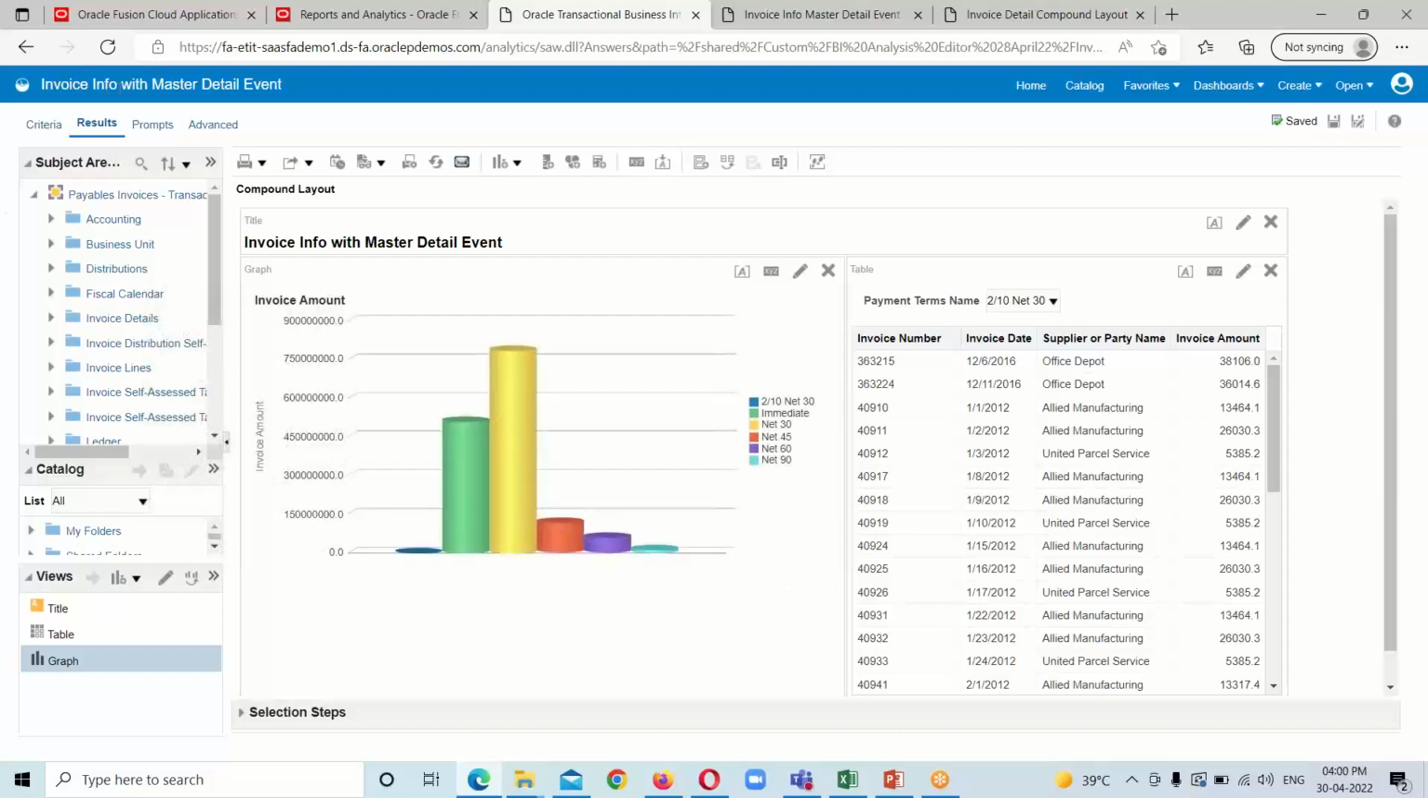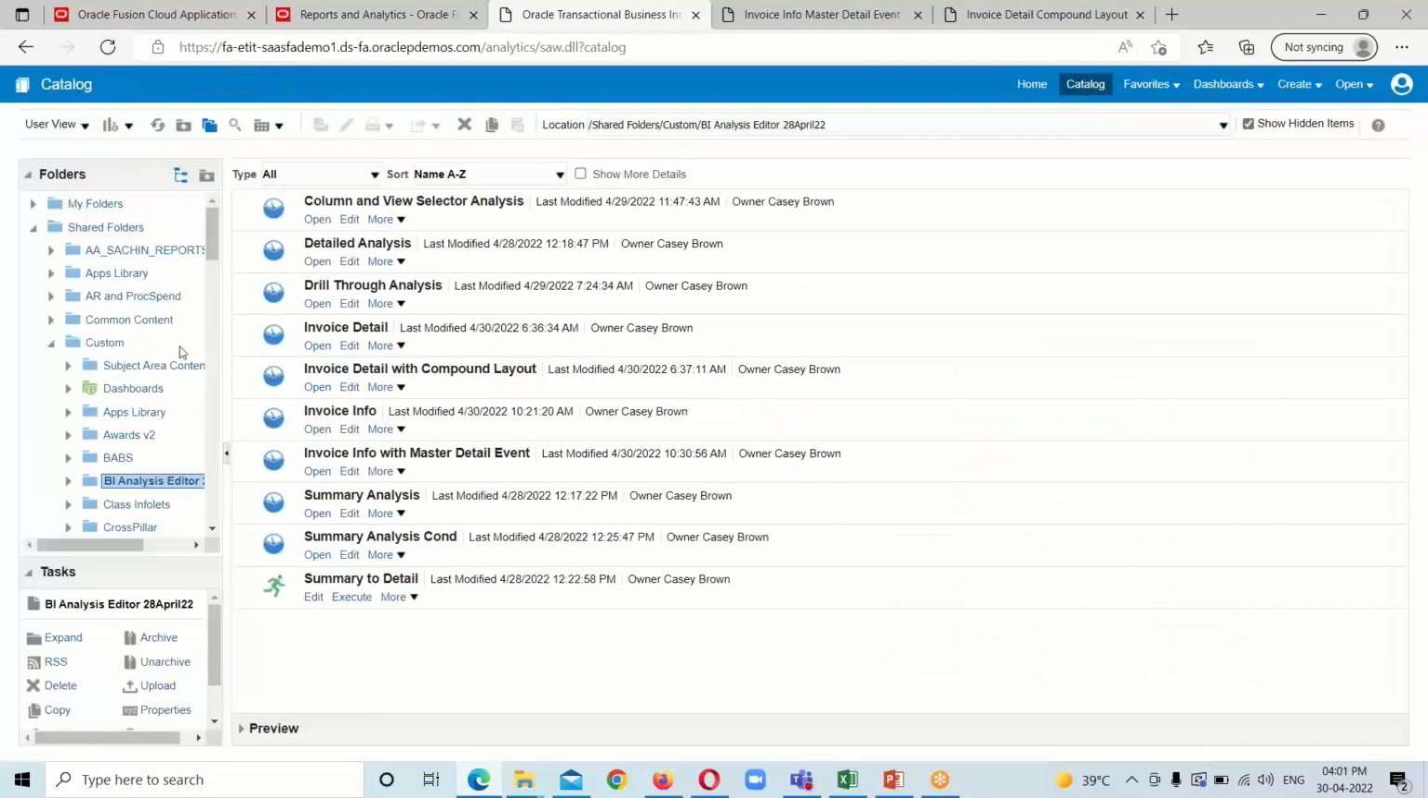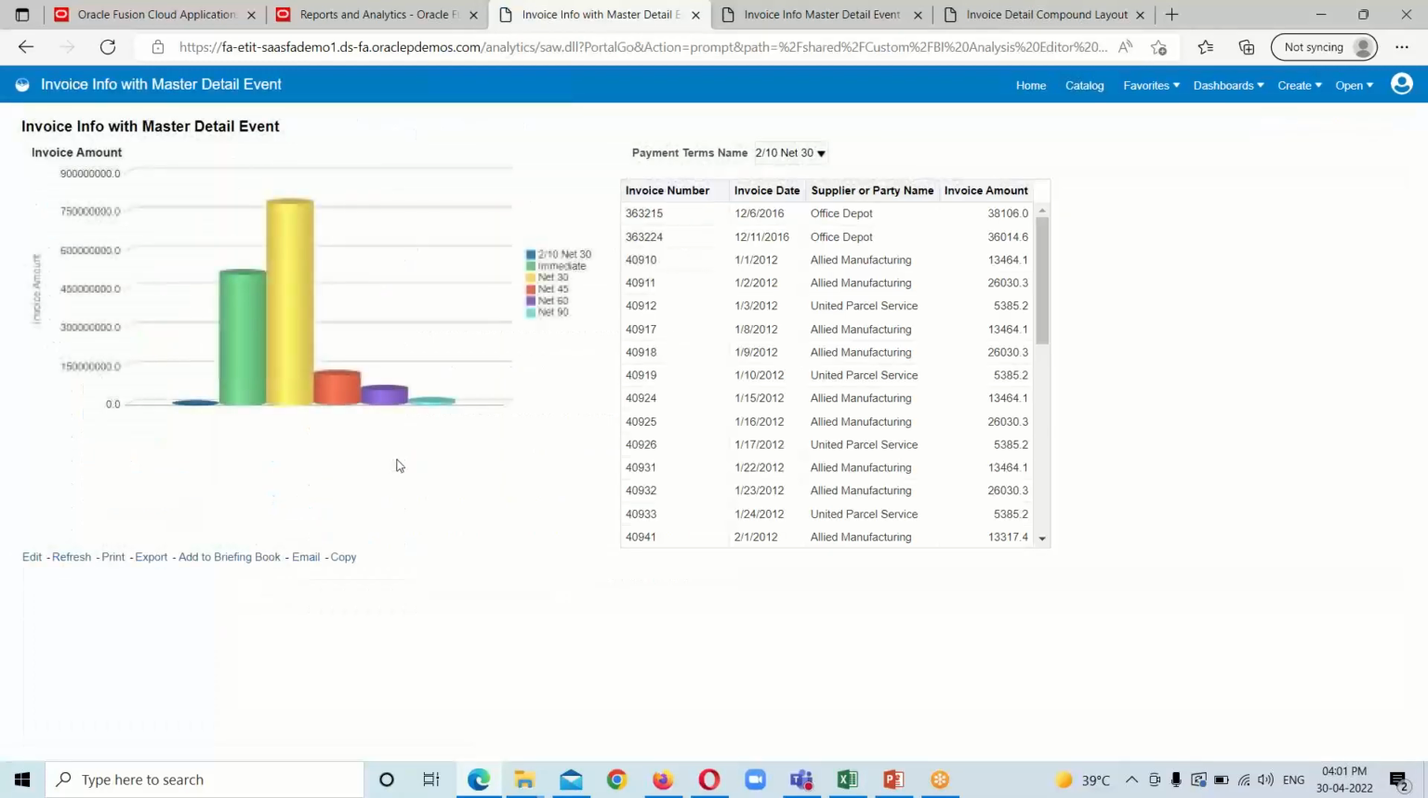Now the analysis has been saved with this name, invoice info with master detail event. One more time click on the save option, and then I have to go back to the catalog option and search for the analysis which I just have created. So which is this one, invoice info with master detail event. Open this analysis, and then